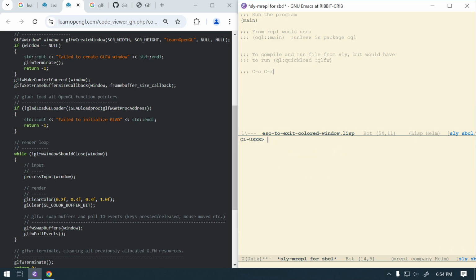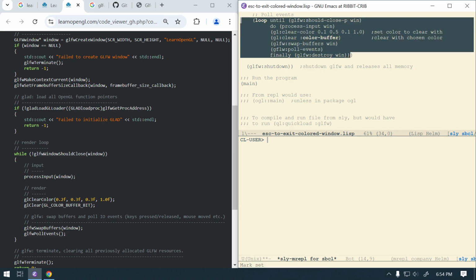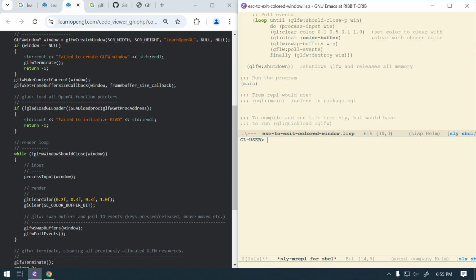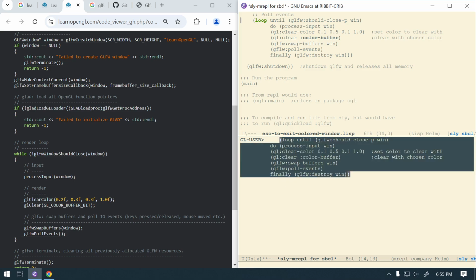And then Control L to get to the top. The first thing I want to do, just because this thing looks so funky right here, is Control Alt spacebar to highlight all that, Alt W to copy it, Control O to come down here, and Control Y to paste. And now I'm going to hit Control B just to get to the front. And if I hit Control space, it highlights everything, and then hit Tab,